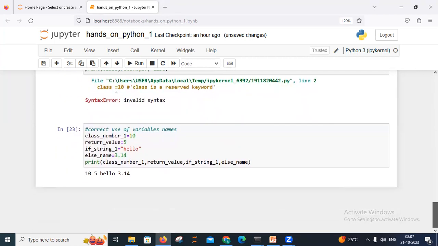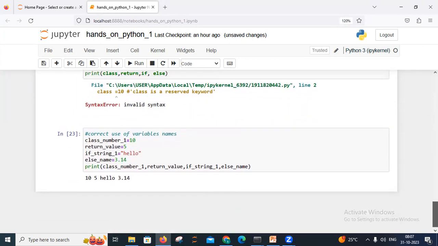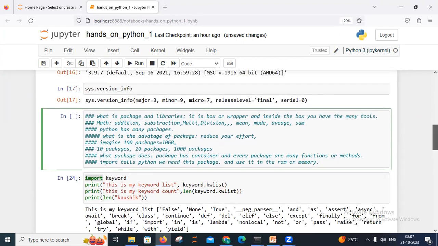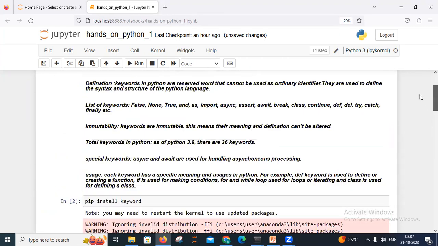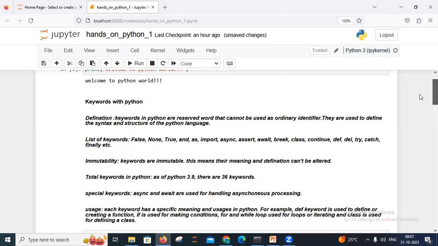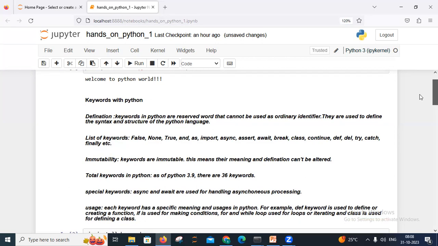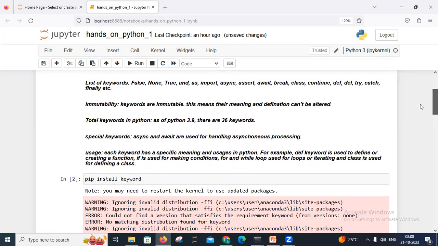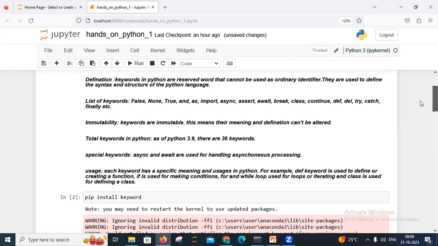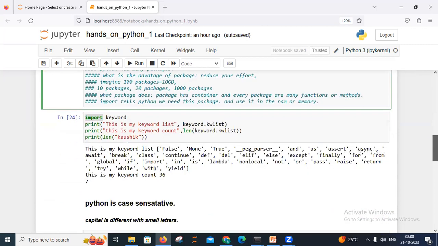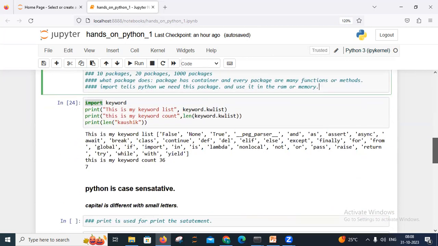So what are keywords? Keywords are particular reserved words that cannot be used as ordinary identifiers. They are immutable, which means their meaning and definition cannot be altered. In Python 3.9.7 we have 36 keywords, and there are special keywords like async and await, right? There is the None keyword, the False keyword, and